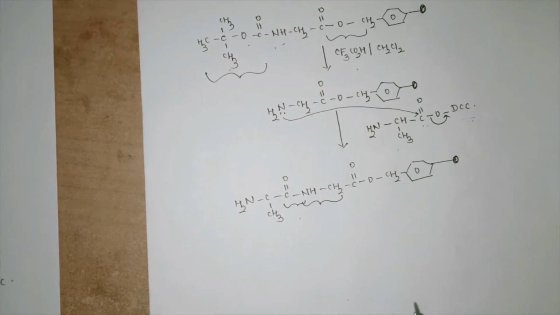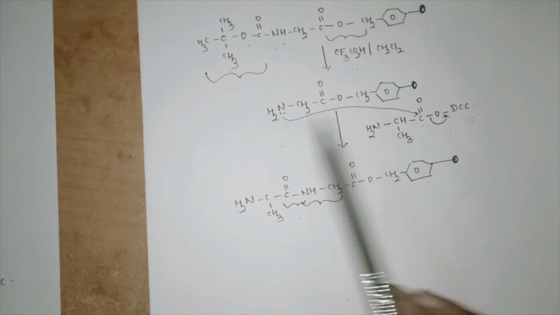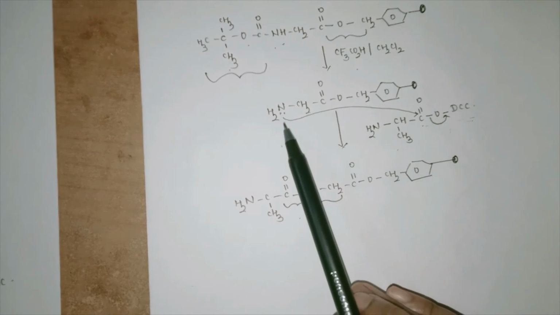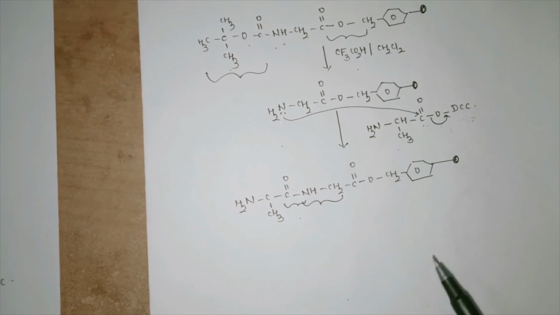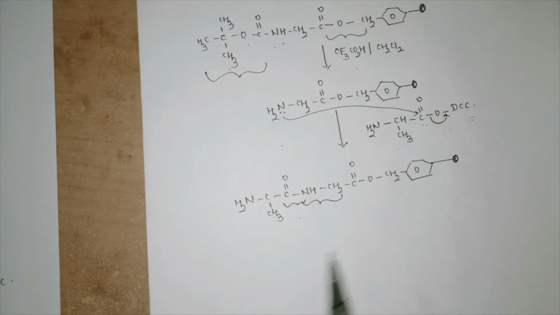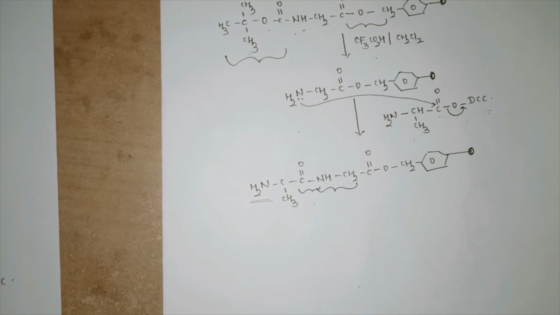polypeptide system. But look at one thing, that we have started with the C terminal to N terminal, because the attack from N will now give me a long chain on the C terminal system, but naturally it will be N to C, but in this particular system it is C to N which is going to happen. Further, again I can make use of this particular free N terminal, and then I can attack onto another amino acid and hence go on continuing this particular process.